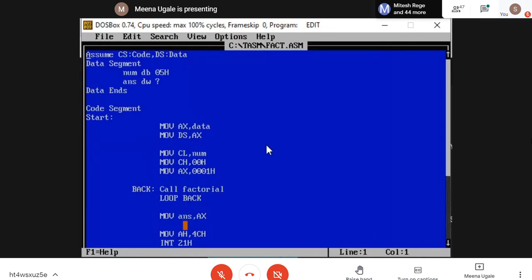I'm opening my file here. This is a program written for calculation of factorial of any number.